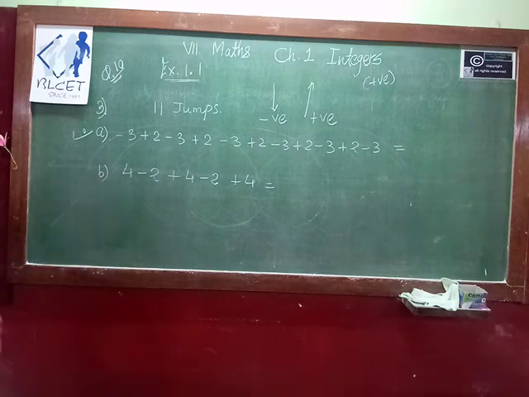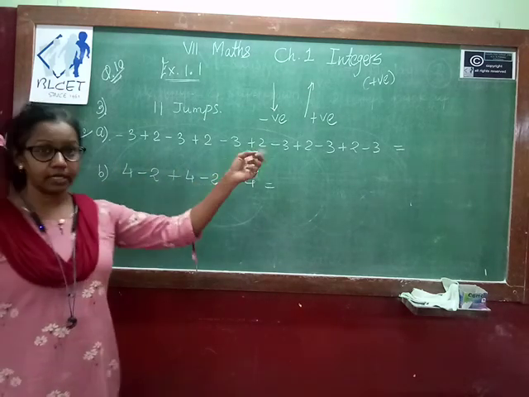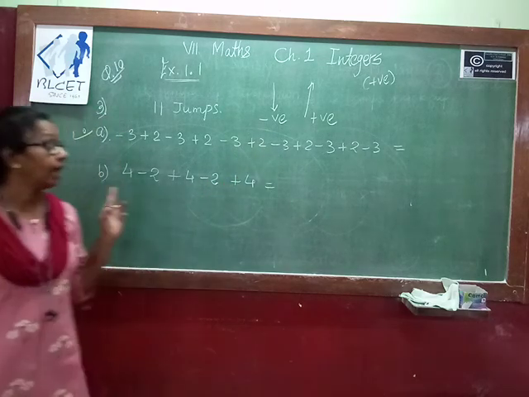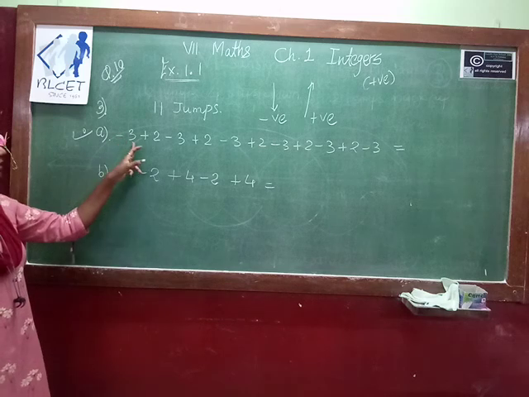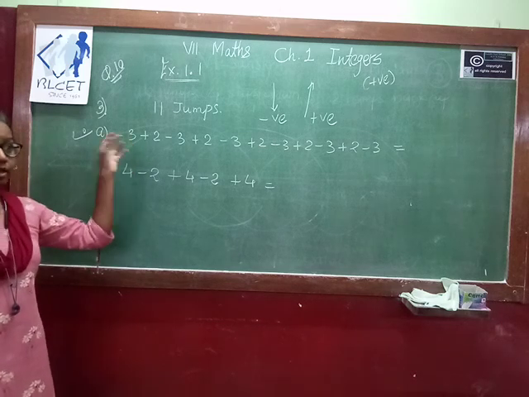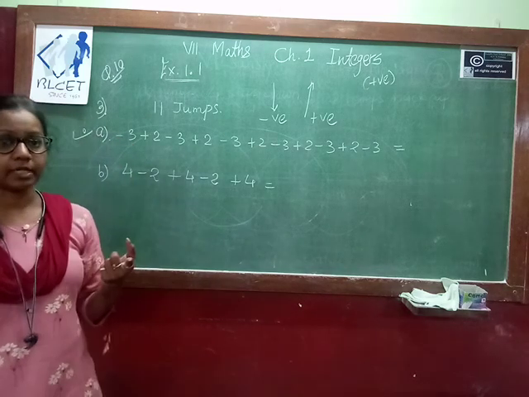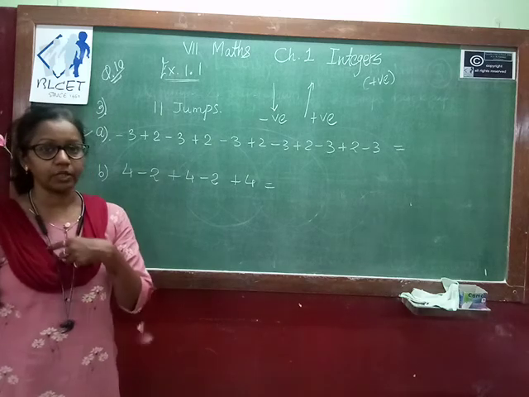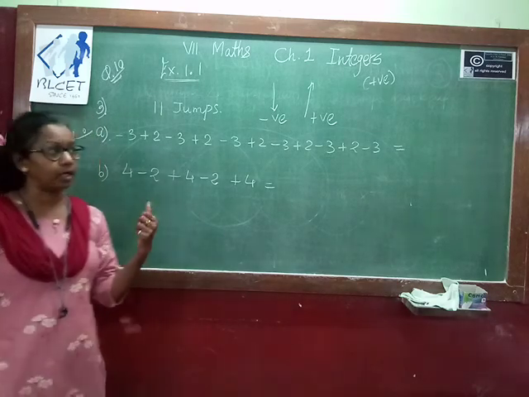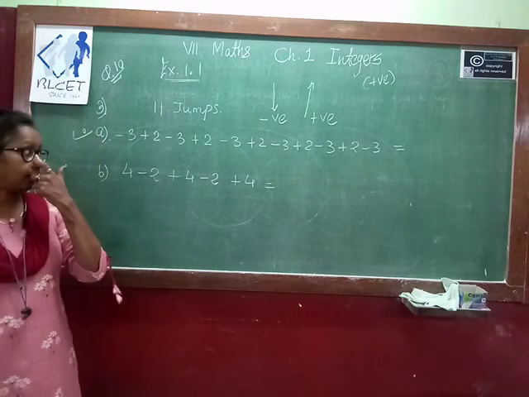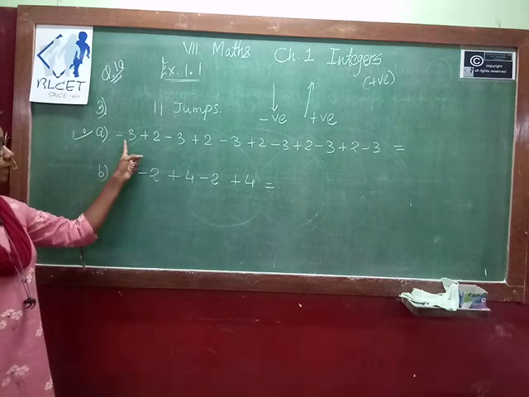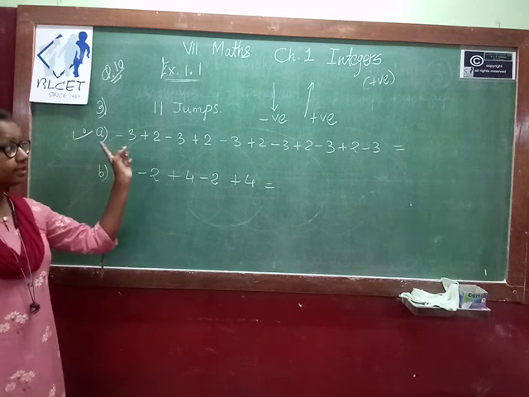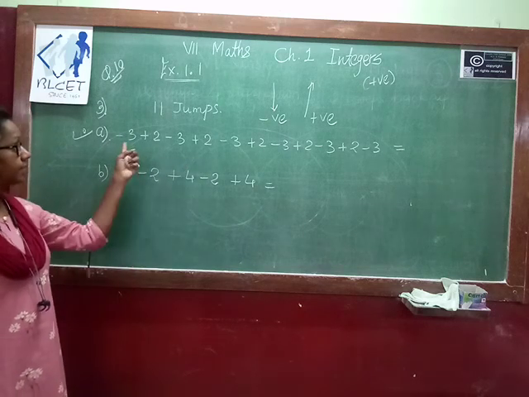Then okay. So in the first question, in total 11 jumps the monkey does. In that, 3 steps down. That's why we represent that with a negative sign. When you move downwards, you have to represent with negative integers, that is mentioned in the question. And when you move back up, that is represented by 2. So your first one is -3. Wherever 3 steps down, that is represented with -3.